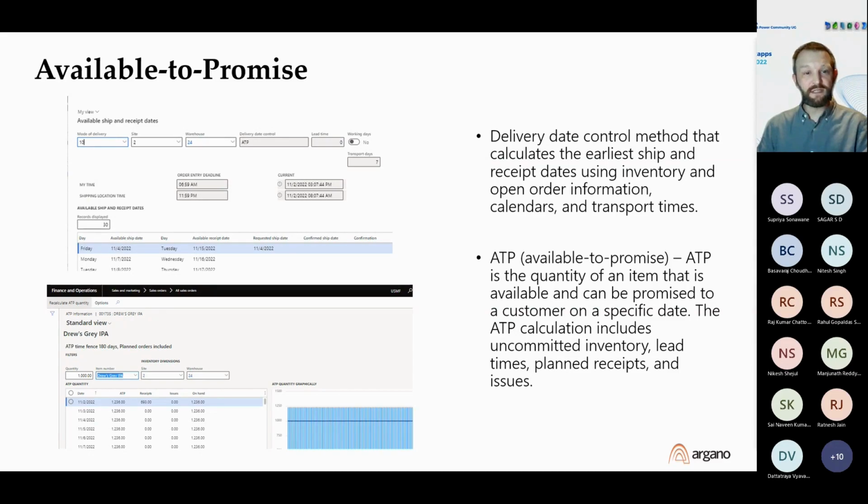This is actually something you can do on order entry or any time from the item. The purpose of this is it's a delivery date control method. So it's helping customer service, or whoever is entering or reviewing orders, calculate the actual ship and receipt dates on those sales orders using information from the system. So using on-hand data and using open order data, the calendars in the system,